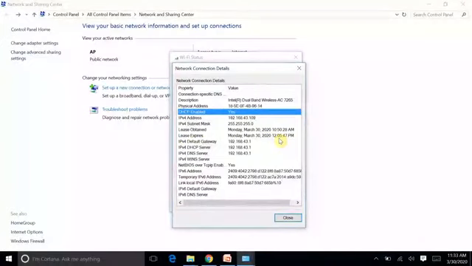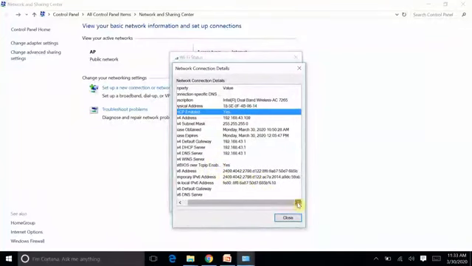It gives the time as 12 o'clock 5 minutes 47 seconds. This is the gateway for connecting in a LAN. These are the DHCP server and the IP addresses of other things.